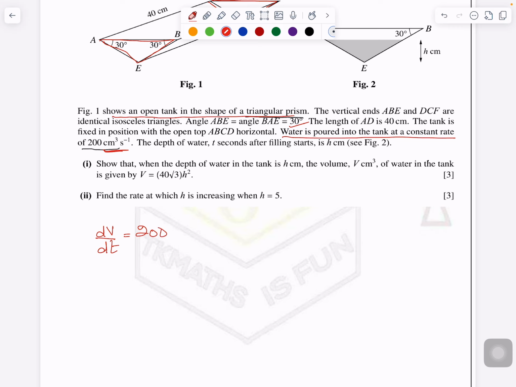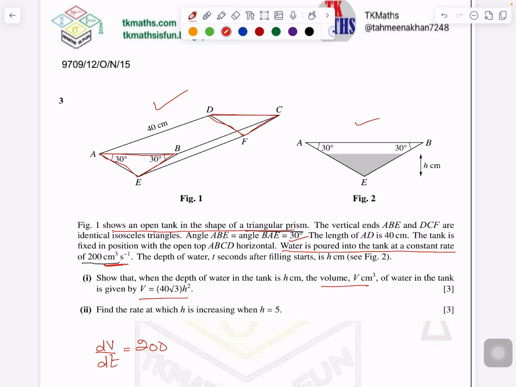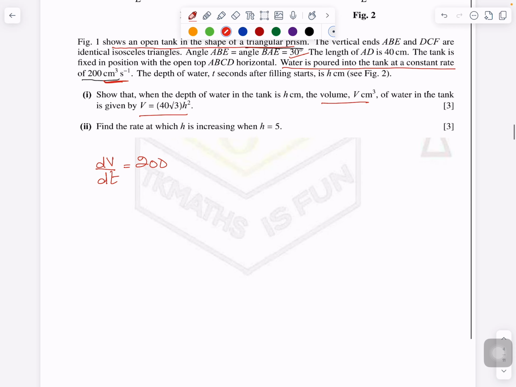The depth of the water t seconds after... show that when the depth of the water in the tank is h, the volume of water is this. So we know from this figure, if you see, water is still here, right? And it is going up in depth. So it is becoming what? A prism, which has a base area, this triangle, which is filled till here. So first of all, write down the formula for the volume of the prism,